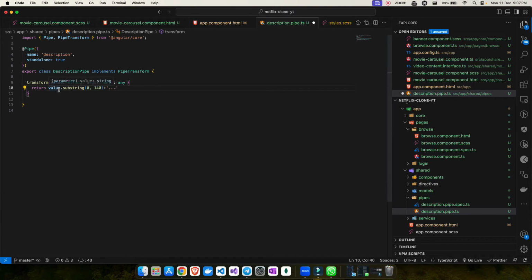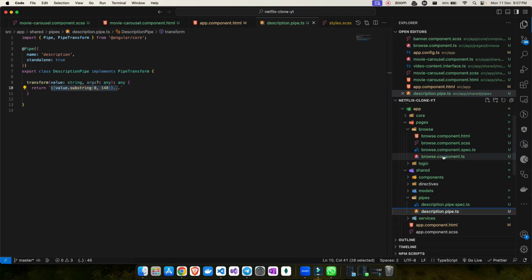Rather than doing it like this, we can also make use of string interpolation. That is another good practice that you should use. So let's make use of string interpolation by adding a backtick and pasting what I have already added. Now you can come outside of it and add dot dot dot. Now you will pass a value to this, which is the pipe value you will get, and you will convert that into only 140. Once that is done, let's save the changes.